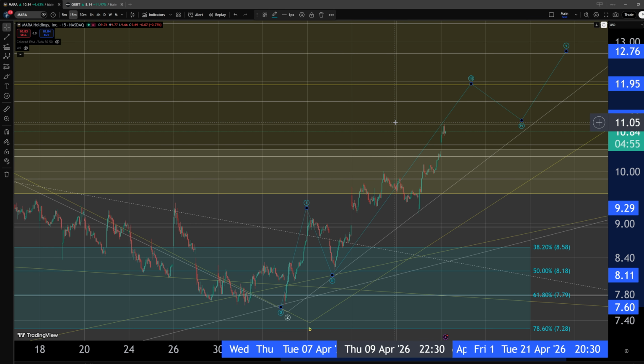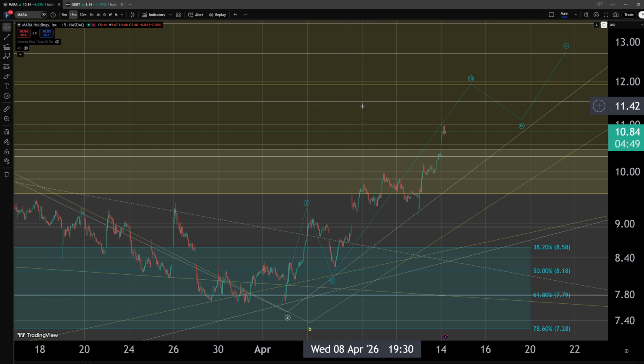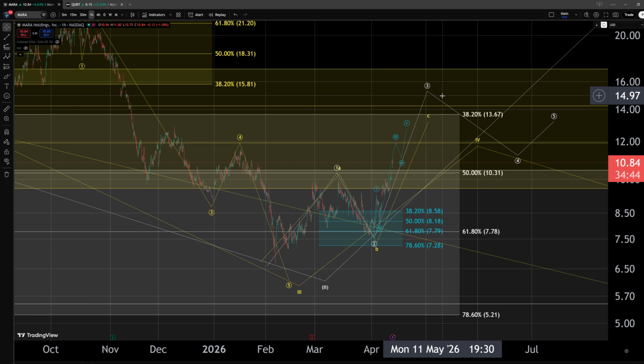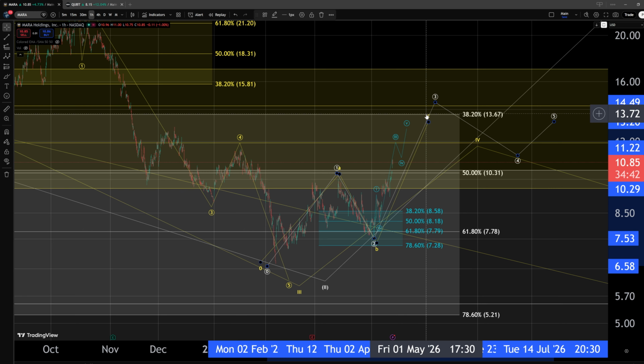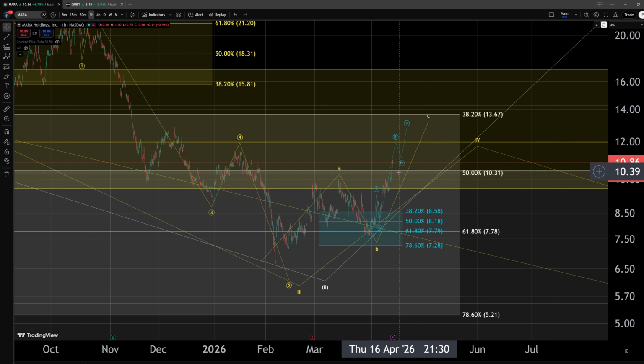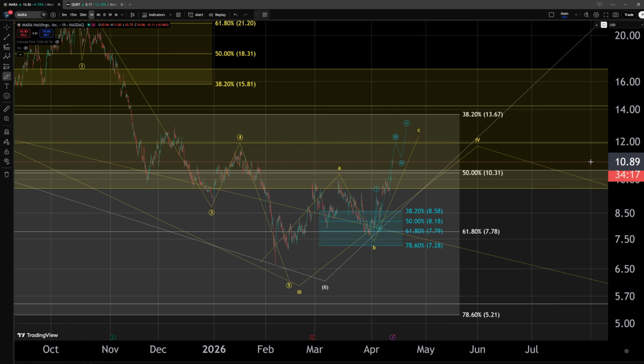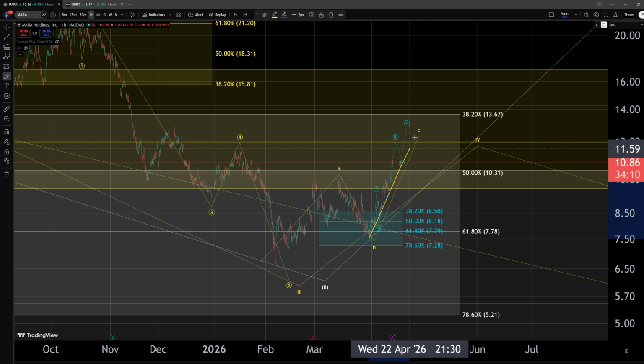The momentum hasn't necessarily been lost, but we have to consider that we are getting quite close to the ideal target for a wave C. And once again, even though the possibility of an impulse in this white structure is still in play, the likelihood of it happening has reduced significantly since the internal structure has failed to generate an impulse. So what is really more likely? Well, it is more likely that the wave C is forming within this pattern instead, that we will not see the wave 3, that we may not see continuation to higher prices beyond the current wave to the upside,